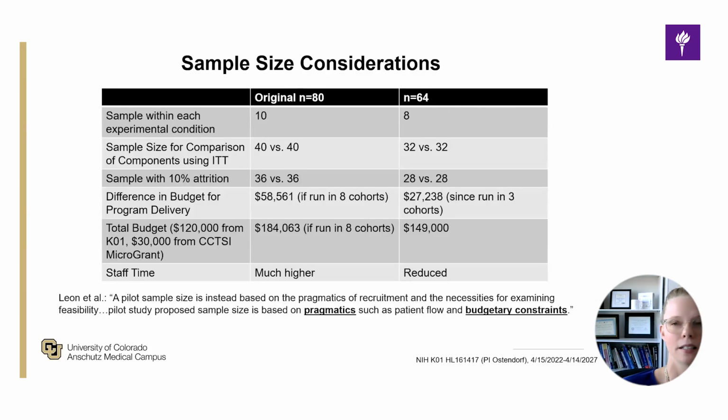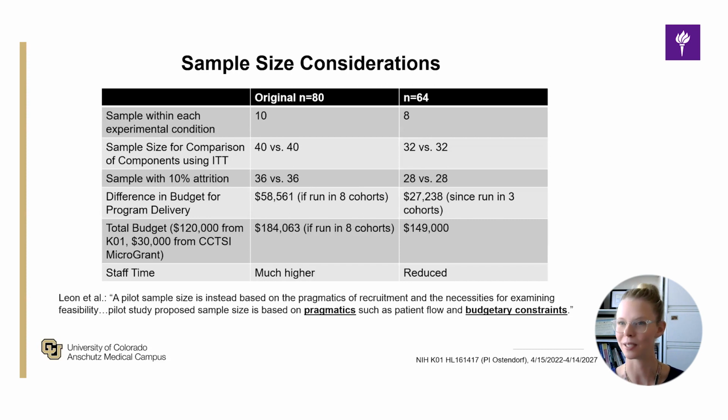So for sample size, comparing the 80 versus the 64. With 80, we would have 10 per experimental condition. With 64, we'd have 8. The total budget makes a big difference, because when you reduce the sample, that